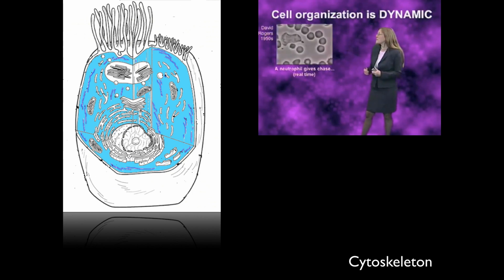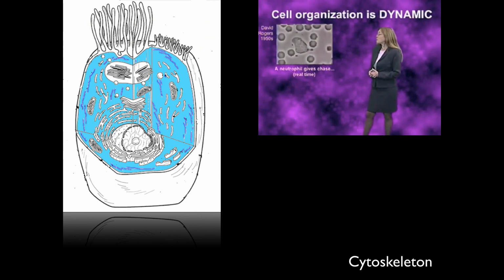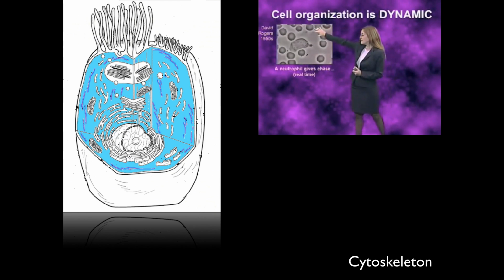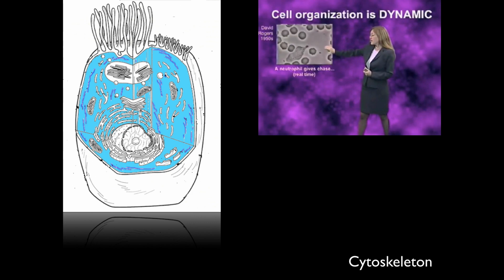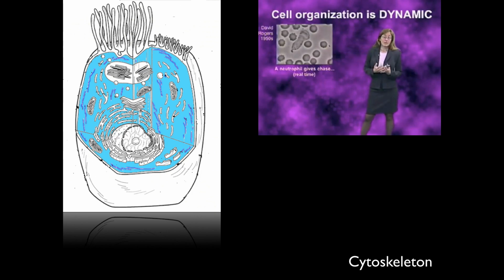This was taken by David Rogers at Vanderbilt University back in the 1950s. What you're looking at here is a blood smear. Each of these individual round objects is a red blood cell. And this here is a white blood cell called a neutrophil. The function of the neutrophil in the immune system is to identify places where bacteria have entered the human body, to target those bacteria, move towards them, and then engulf them and eat them in order to stop an infection